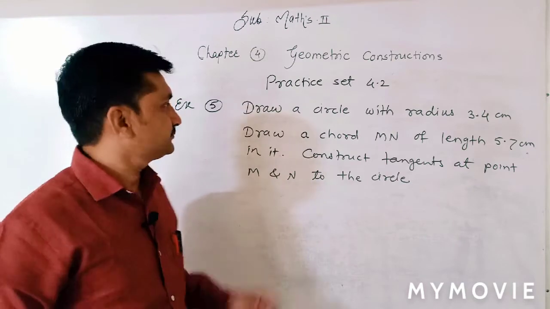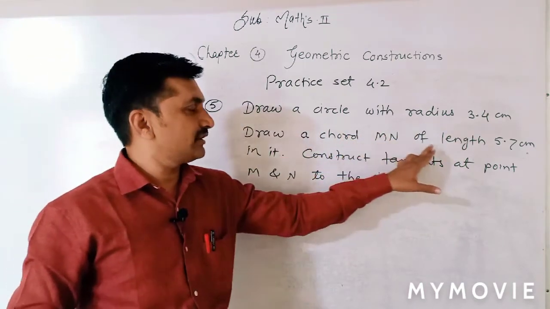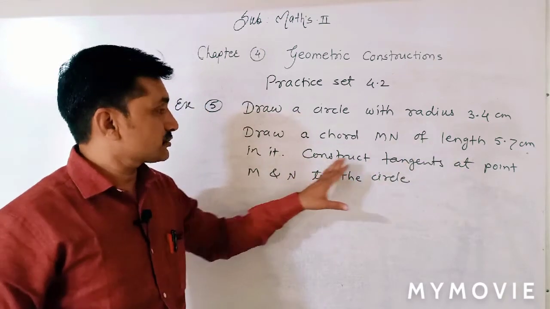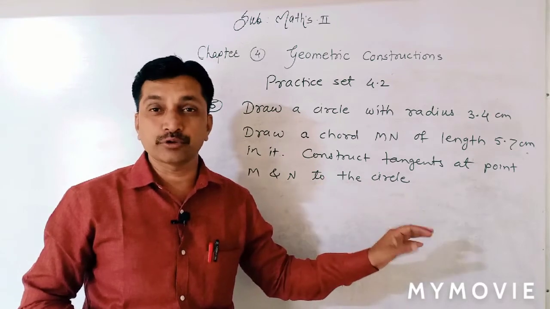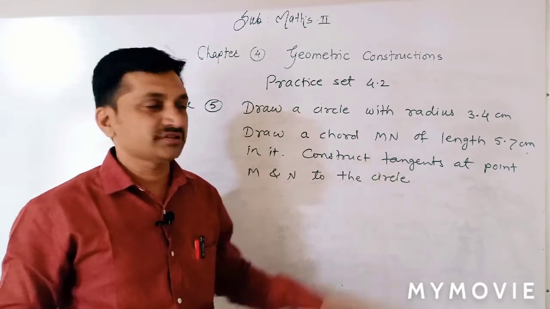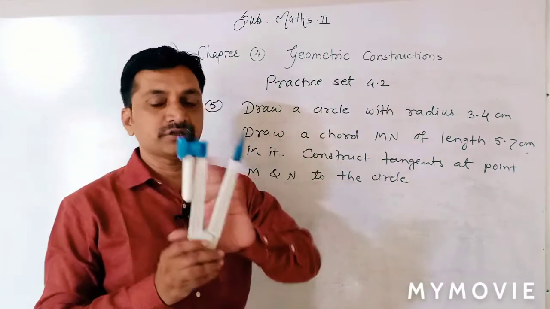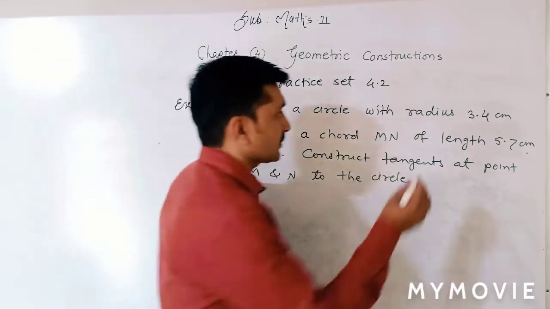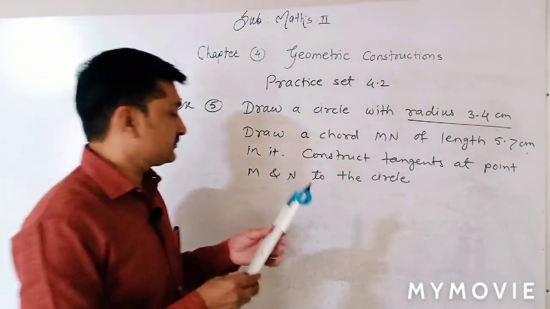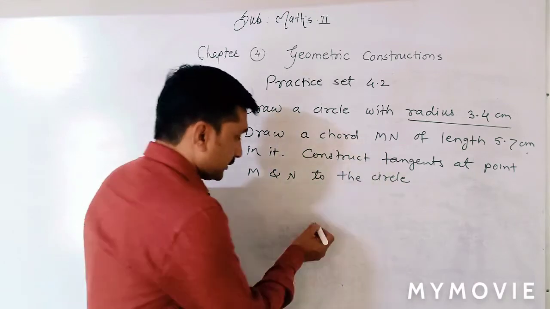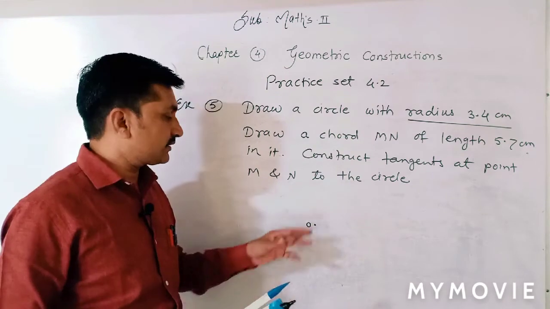Example number 5. Draw a circle with radius 3.4. Draw a chord MN of length 5.7. Construct tangents at points M and N to the circle. Again, it is not given whether to use the center or not, therefore we have to use the center. First of all, in the compass take a distance of 3.4 centimeter, radius 3.4, and taking any point O as the center,